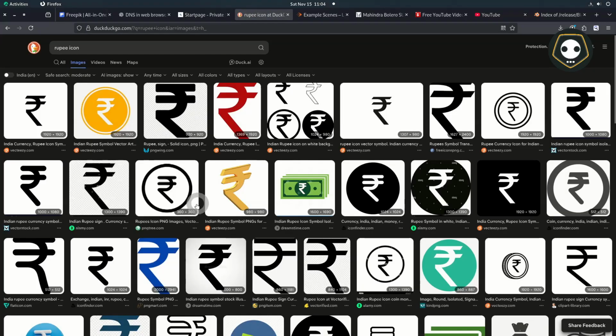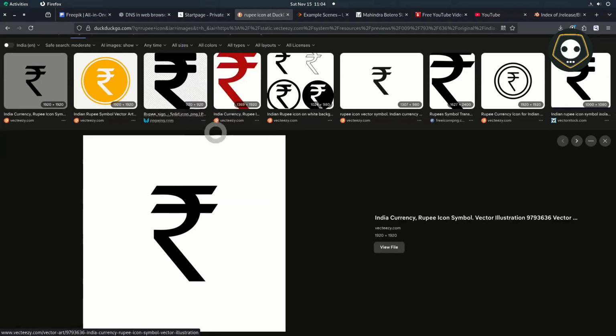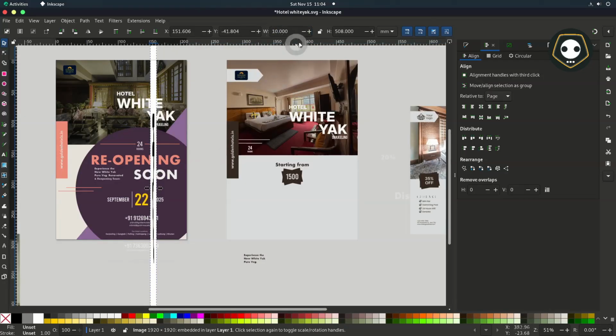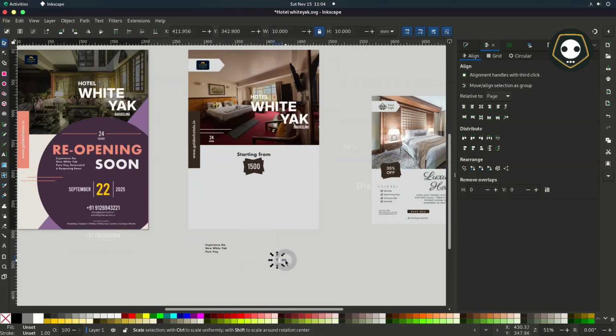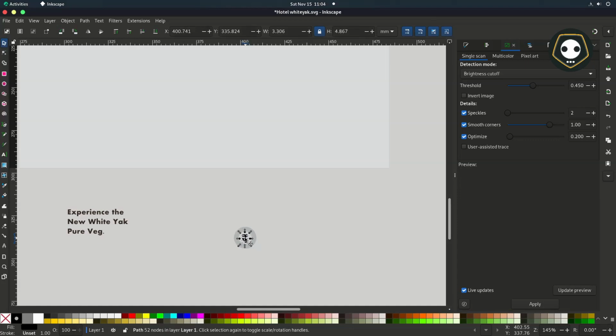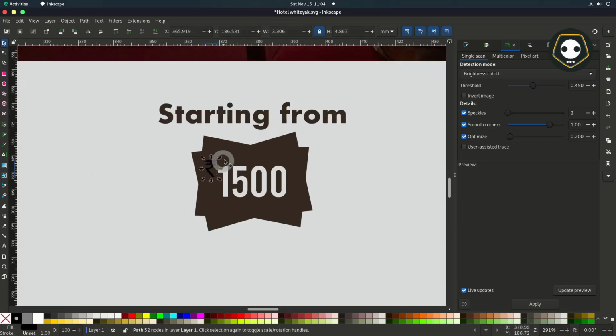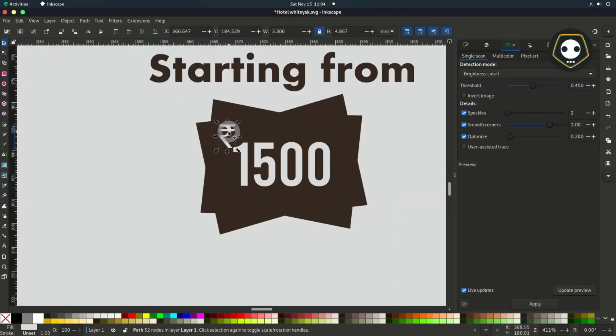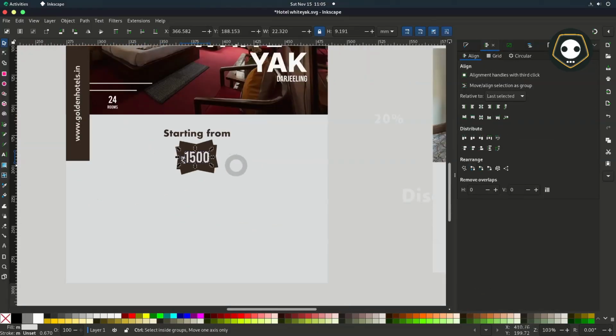Only for the rupee, and I want to download the rupee sign. This is the Indian currency sign, instead of the US dollar, and just like the dollar sign, pound sign, and euro sign, this is the rupee sign from Indian currency. So scale it, change the color of the rupee. This is the style, how it looks good.